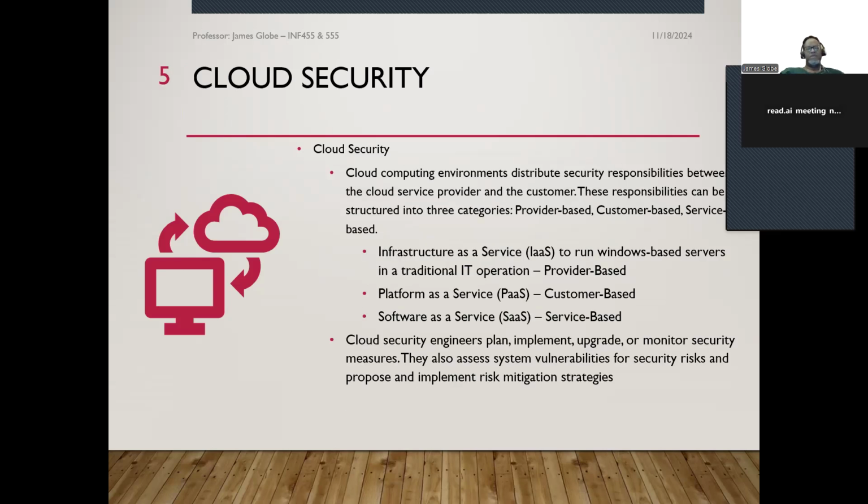So there, as we talked about in lecture, I think it was one, there are three main deployment strategies using cloud environments. There's infrastructure as a service, where you basically lease or rent not only your networking equipment, like your routers and